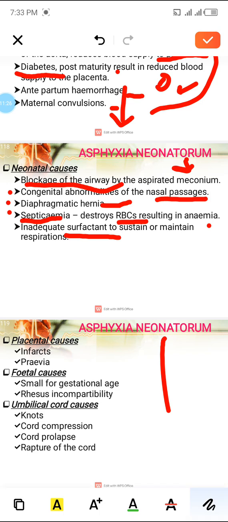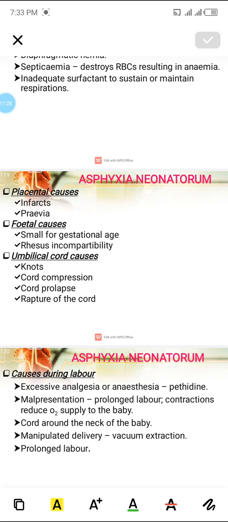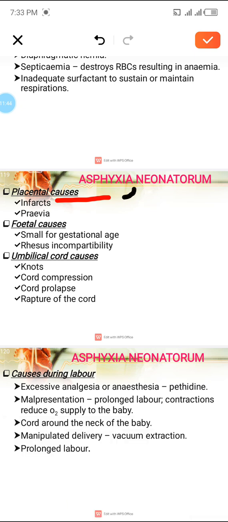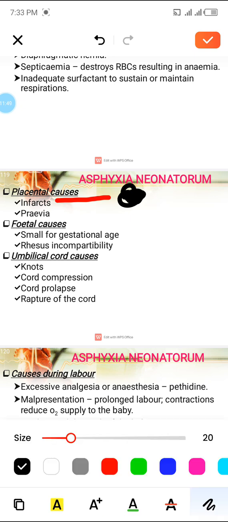Then let's look at another issue, which we're calling placental causes. So these are just issues to do with the placenta. When we look at infants, we'll look at, say, dark patches. So these can be dark patches on the placenta. Okay. So there can just be dark patches on the placenta, meaning that we're looking at rotting. Maybe the placenta is rotten in some patches or in some parts, meaning that there will